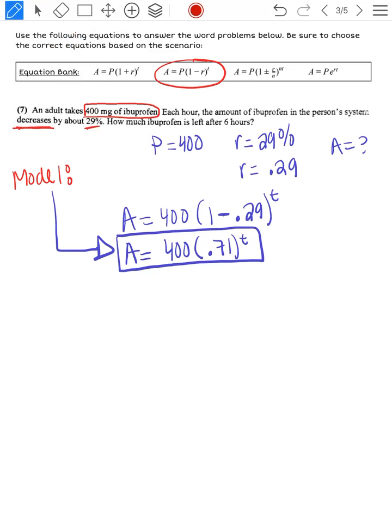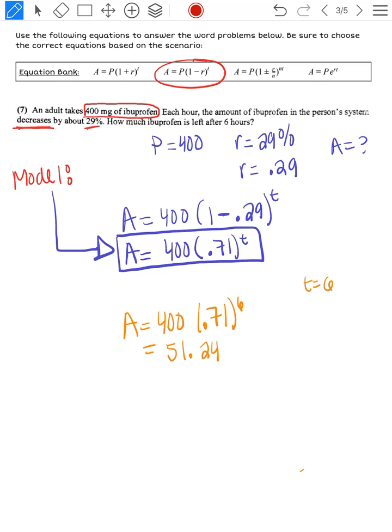And now I'm going to actually answer the question, how much ibuprofen is left after 6 hours? So that means my t is equal to 6. So A is equal to 400 times 0.71 to the 6 power. So 0.71 to the 6 power gets me 0.1281, and then I'm going to multiply that by 400, and I'm going to get